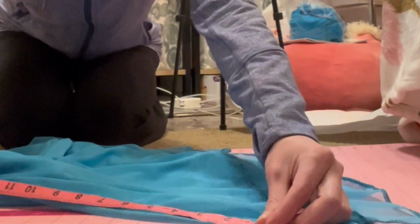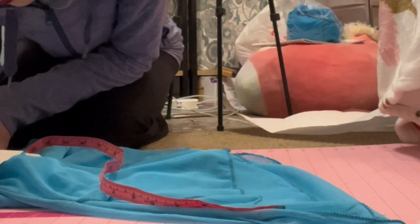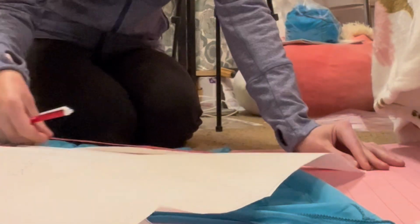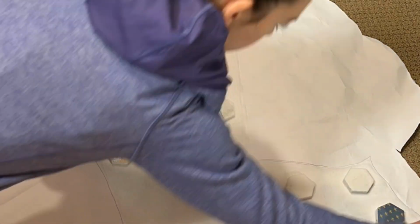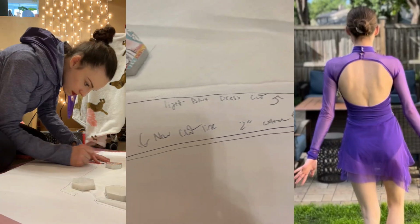Once I knew exactly what I had to fix, then I started to measure everything to double check, because you always should double check your measurements, and then I started working on the new patterns, but here I am just adjusting the old pattern so I know what to do for the new one. This is me building out the new back piece, because out of all the pieces, this is the only piece that really needed to be fully reconstructed, so I was just triple checking my measurements to make sure everything was